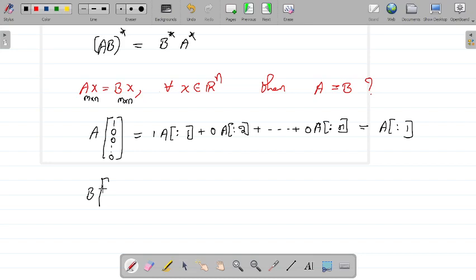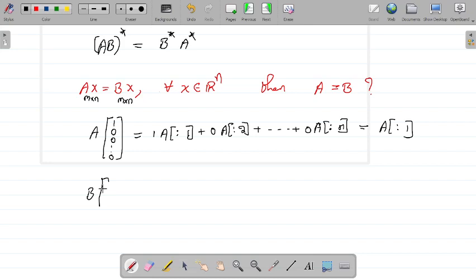And from the distributive law, you can say this is the same as 2 times the first row of A times B minus 3 times the second row of A times B. So this will be the same as 2 times the first row of AB minus 3 times the second row of AB. Okay.